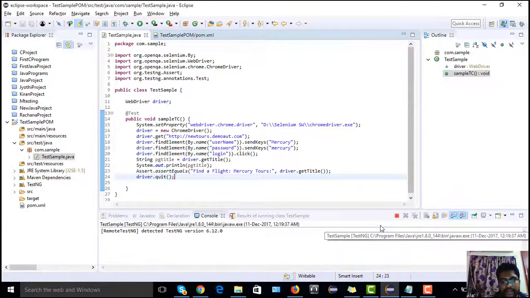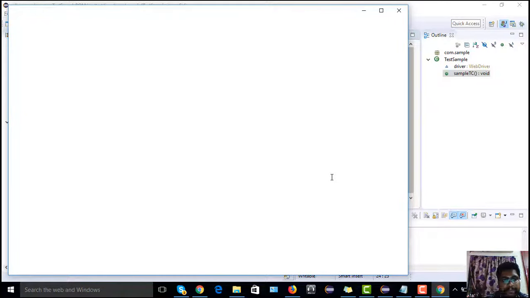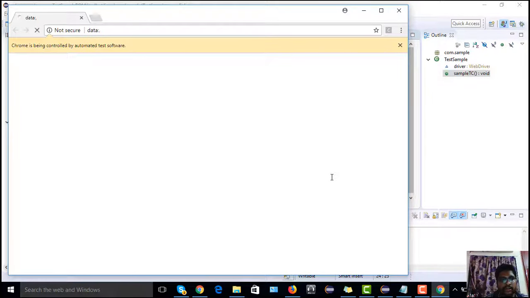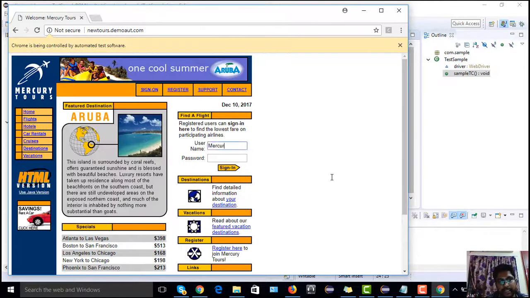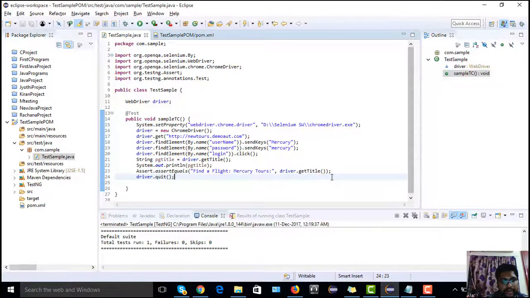Yes. So it's started running. It has launched the browser, opened the app, username, password. Yes, done. Wow, our test case passed.